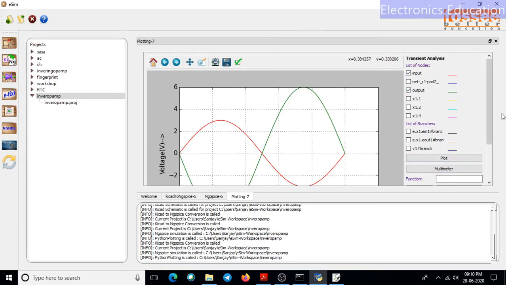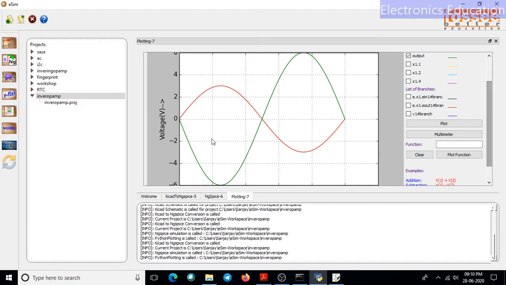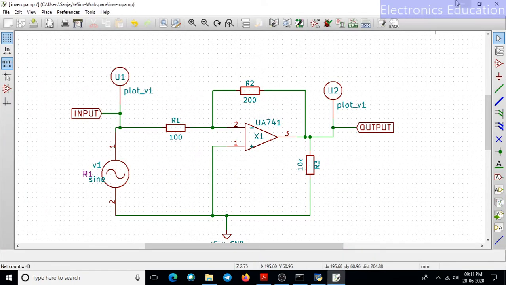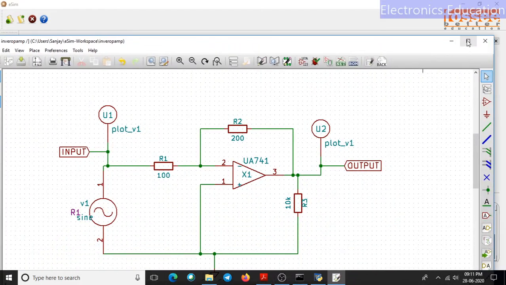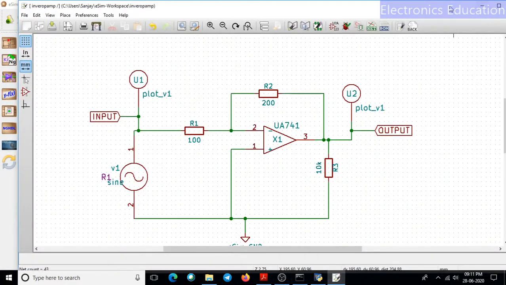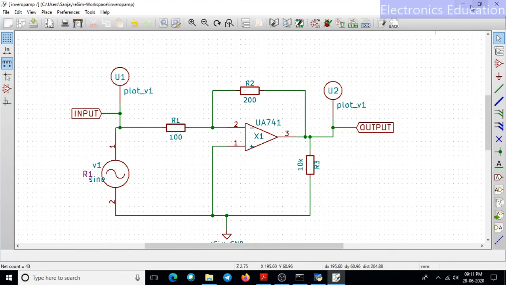By selecting this input and output and clicking the plot button, you will observe the signal. Here red is the input signal with a magnitude of 3 volts, and green is the output with a magnitude of 6 volts. So basically in this form, for this circuit we can have the simulated outputs.